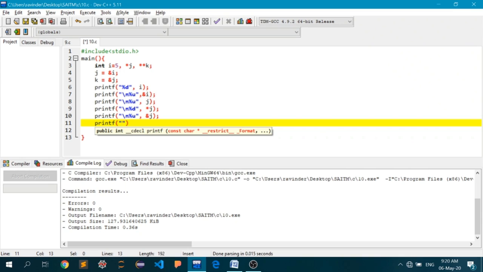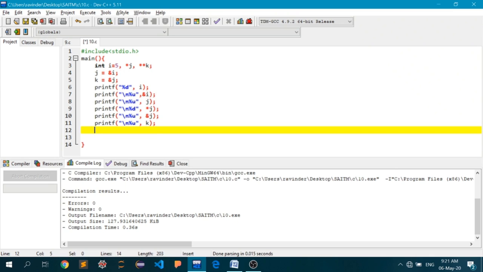Let me remind you again that k also stores an address of something. Okay, in this case, the address of the memory location named j. So again, in a new line, %u and k only. Okay, and in the end, let's try to see what the pointer to the pointer k indicates. So printf